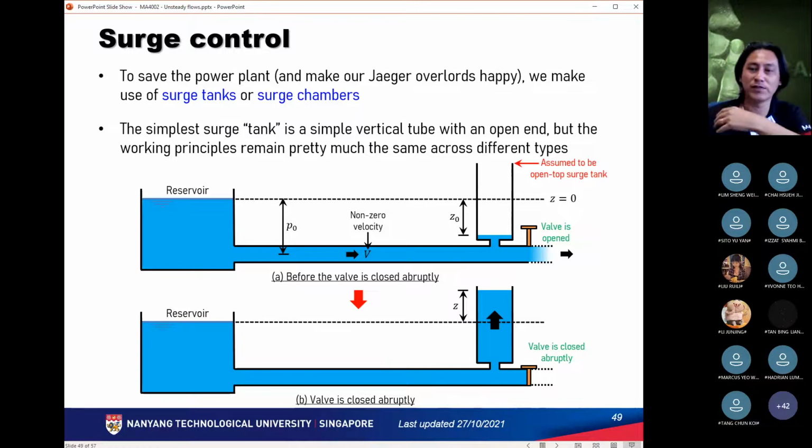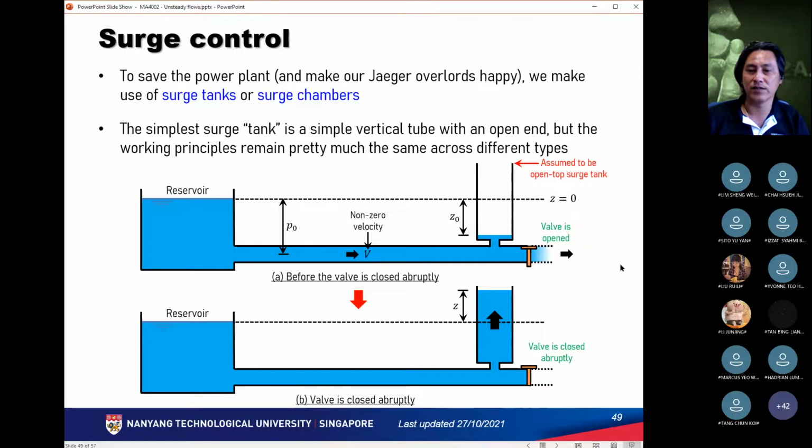When you close the valve suddenly, what's going to happen is water hammer pressure is going to be on this side, not on the other side. So water hammer pressure is going to be observed on the upstream side, not the downstream side. So clearly, your surge tank has to be on the upstream side. Okay, so let's say this is a normal operation, and then for some reason,